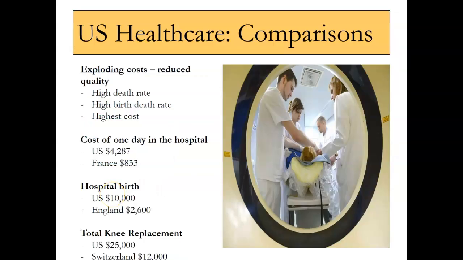Breaking it down even more specifically: France, which has a higher quality of healthcare, costs $833 for one day in the hospital compared to $4,000 here. A hospital birth in the U.S., where we have a really high mortality rate comparatively, costs $10,000 compared to $2,600 in England. A total knee replacement is probably the same kind of need and the same kind of outcome, but it's twice as much in this country